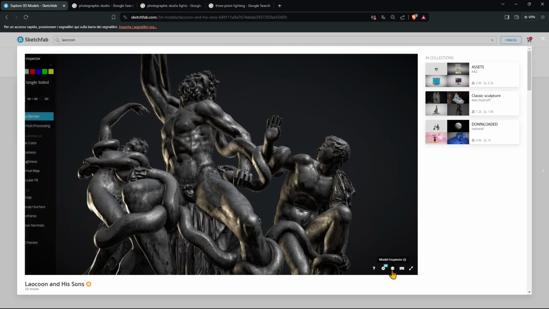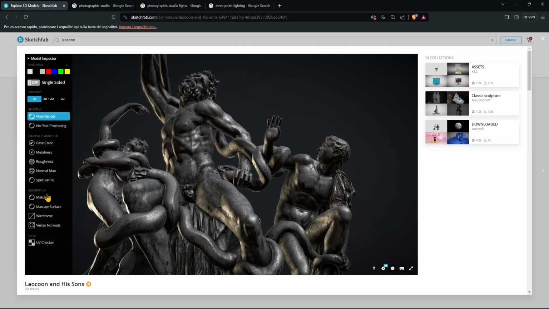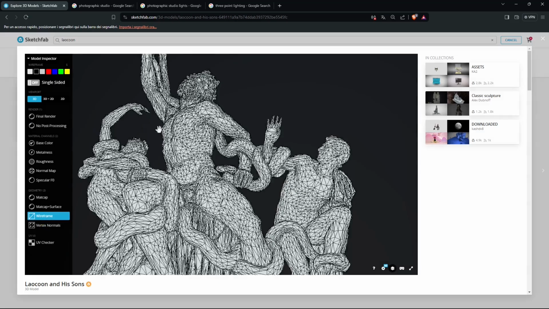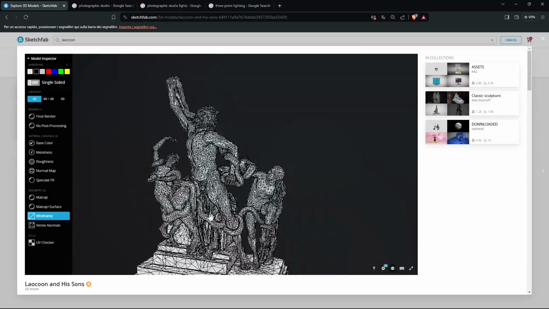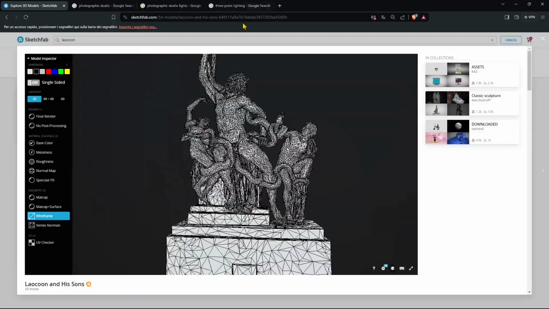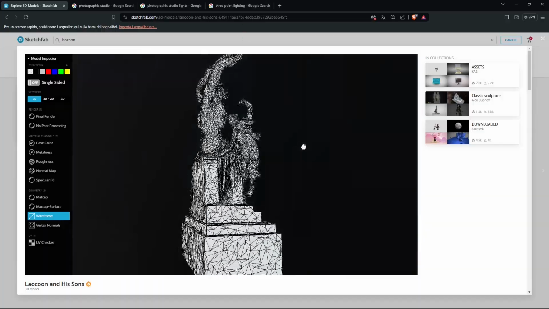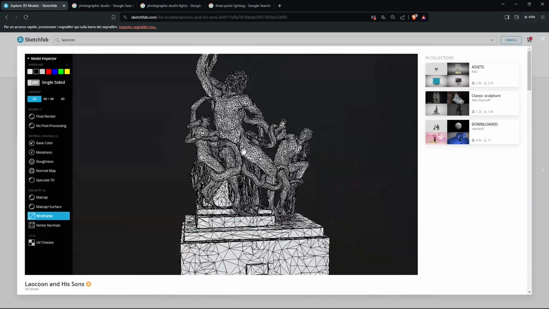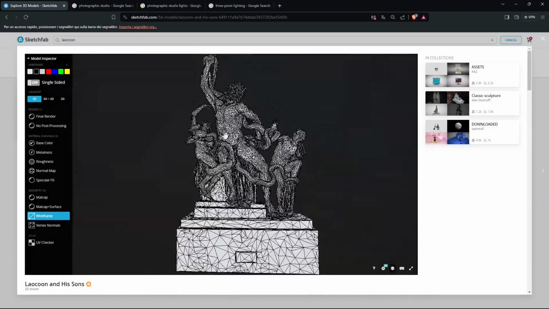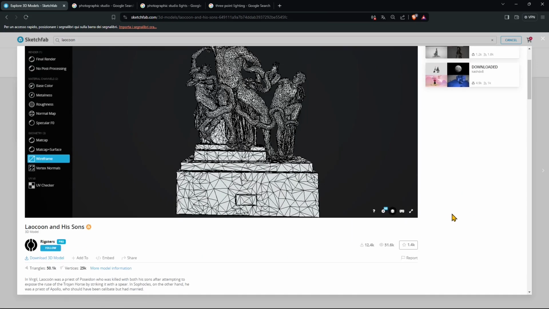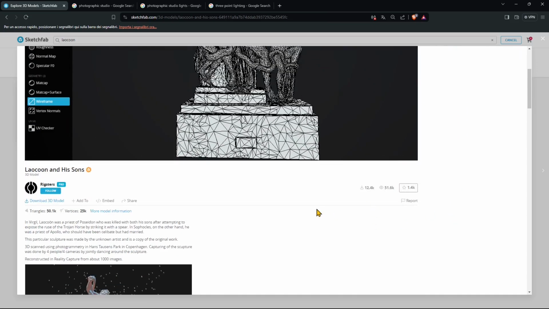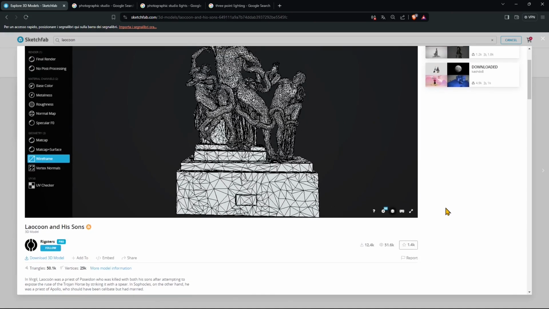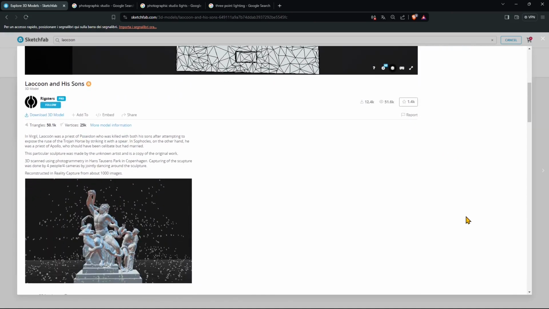I'm gonna go for this, and if I go in the model inspector here, I can see the wireframe. So this is probably done with photogrammetry, which is a technique that uses photographs to create 3D. So by taking a lot of pictures, you then bring them in a software, and then that software is going to reproduce the 3D model, and it's going to be looking usually like this with triangles. So it's going to be triangulated, not really good for modeling, but good enough for sculpting and even better for rendering. So we can check here the triangles, we can see all the information,